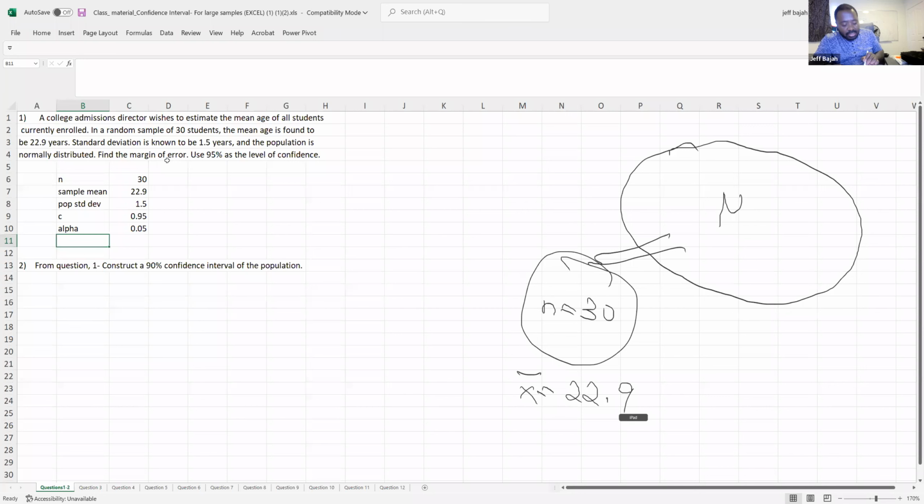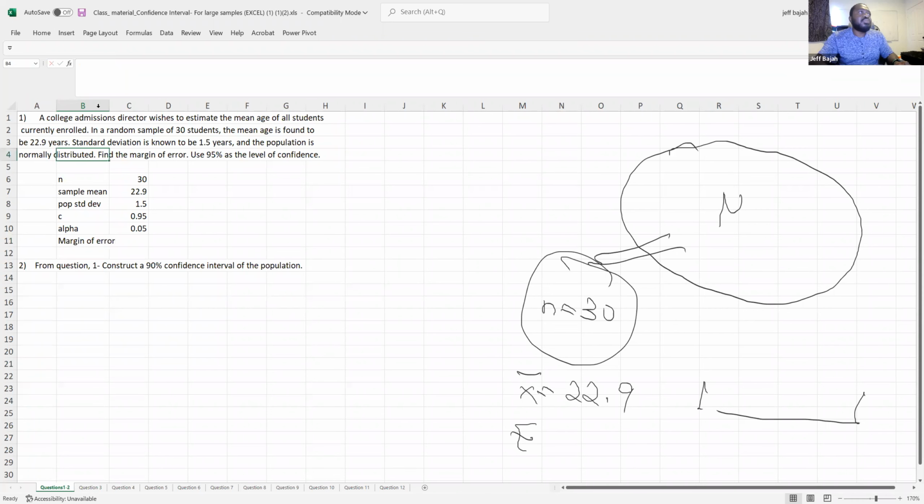We now want to find an interval. That's the end game, to find an interval where we think should contain the population mean with a confidence level of 95%. But the question is not asking us to find the confidence interval, it's asking us to find what the margin of error is, which helps us find the confidence interval. So let's start with finding the margin of error. The margin of error is actually quite easy to find